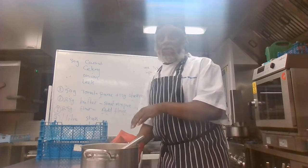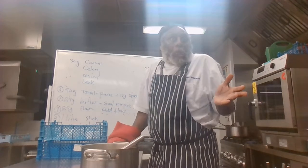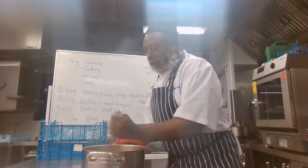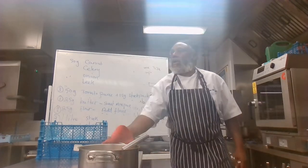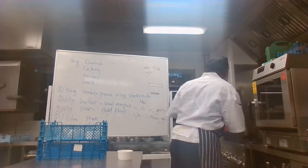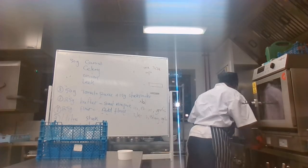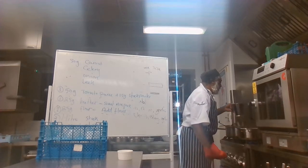If it was the same roux and everything else, but it was milk, it would go white. But the roux is the same colour. And this one's the veloute. And it's nice and smooth. That's what the whisk does. It knocks out the lumps. And if I've gauged it correctly,